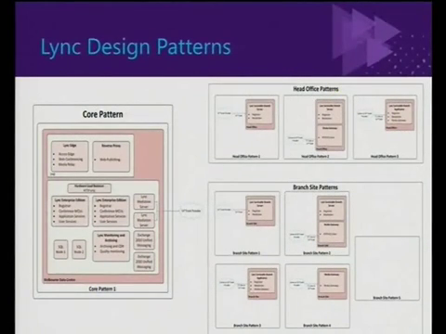So if we look at what's inside these patterns, a core, as I said, contains Lync Enterprise Edition, which is DNS load balanced and also hardware load balanced for HTTP traffic. And that provides that core registration and conferencing capability for all users in the enterprise. It's back-ended by a SQL cluster that may be existing or it may be new. It typically will have some PSTN connectivity, either via a trunk or E1 services, to facilitate some centralized core capability,